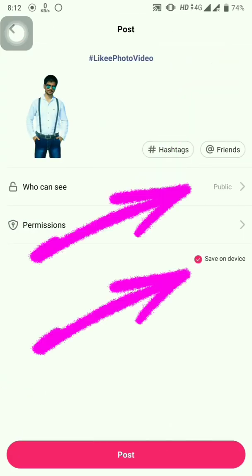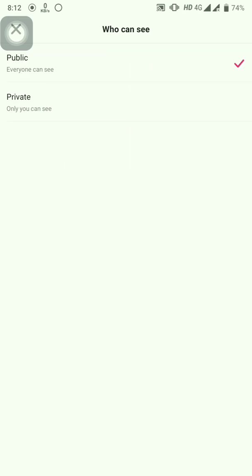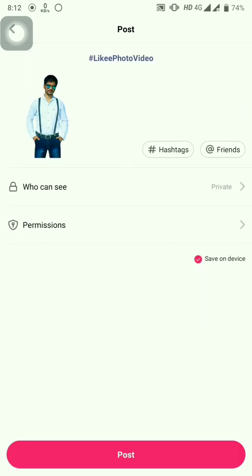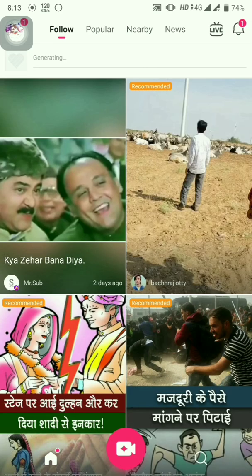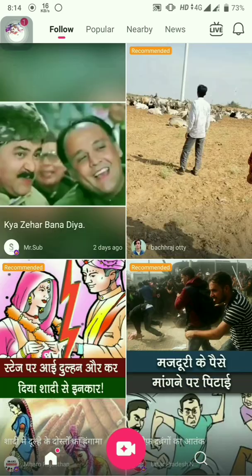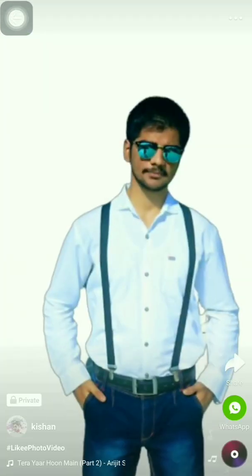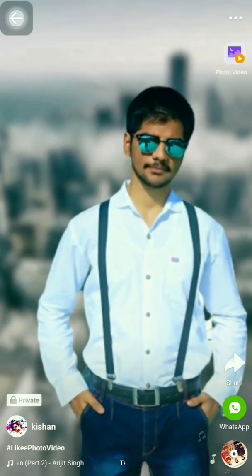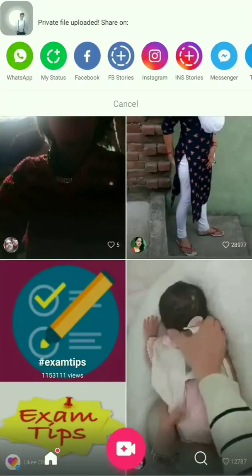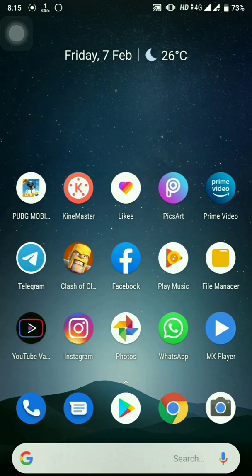Click next. Tick on save on device, and who can see this? If you want it public, you can set the settings as public, and you can also save it as private. It starts generating. You can see here it is uploaded in private, only you can view it. On the device you can see